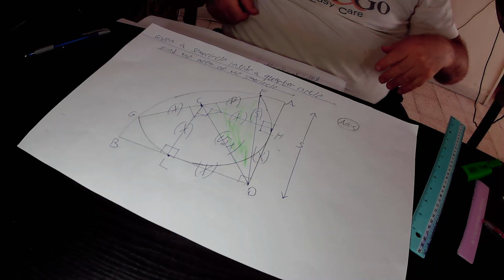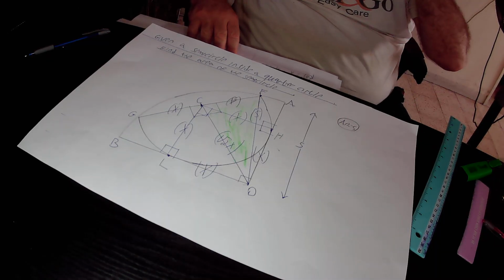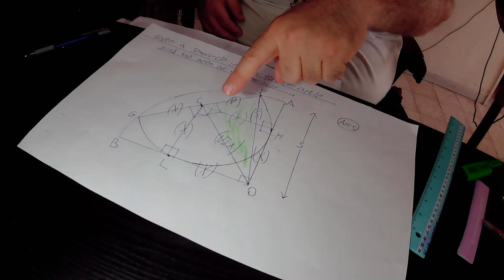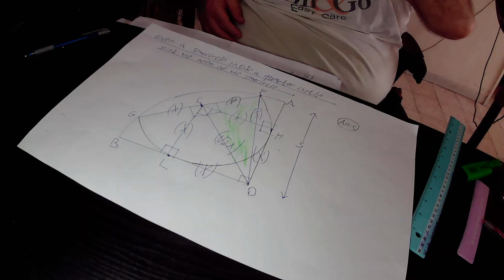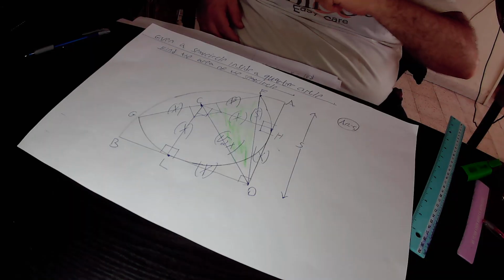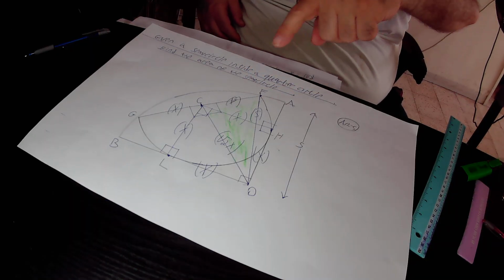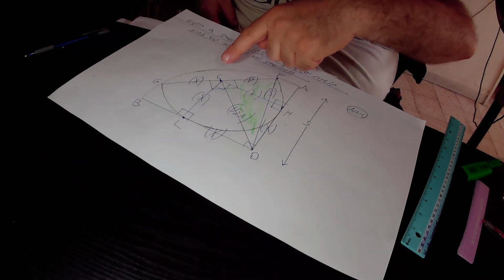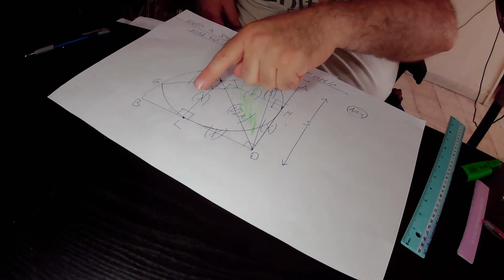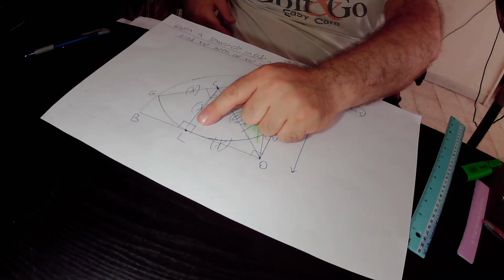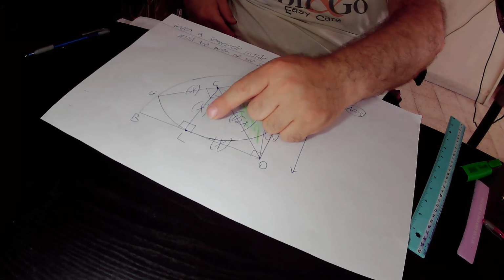So here we can implement rule 1. Why? Because we have the radius CL that is equal to x. The radius CL is drawn to point L, the point of tangency of tangent BO with this semicircle. Whenever a radius is drawn to the point of tangency, the tangent BO will be perpendicular to the radius LC. If BO is perpendicular to LC, this angle equals 90 degrees, and this angle also equals 90 degrees according to rule 1. Likewise,